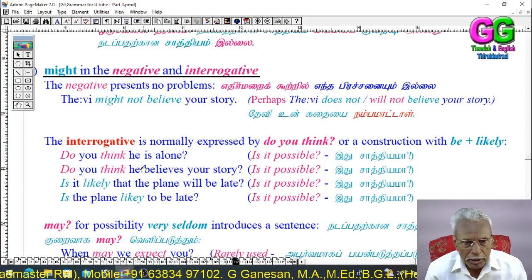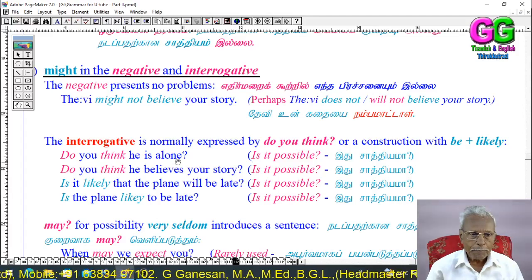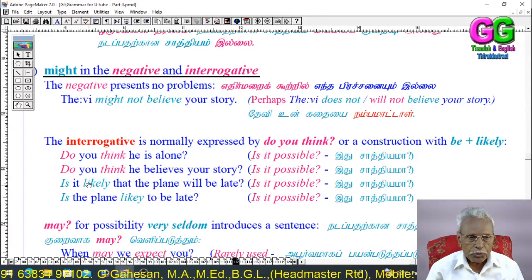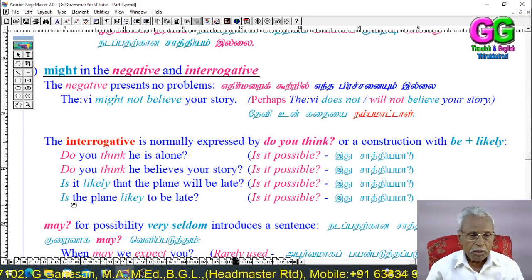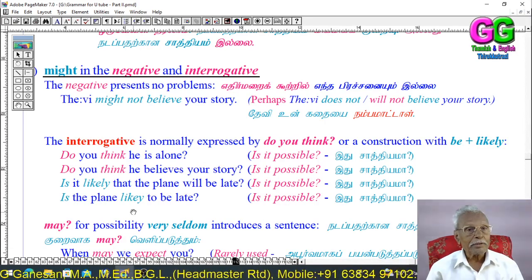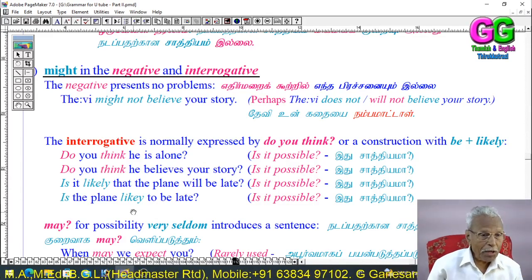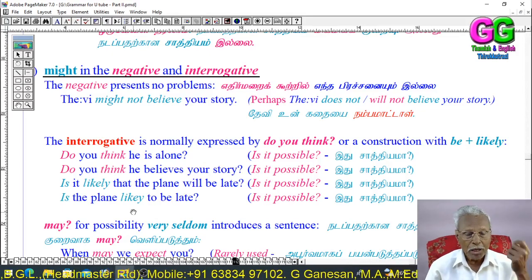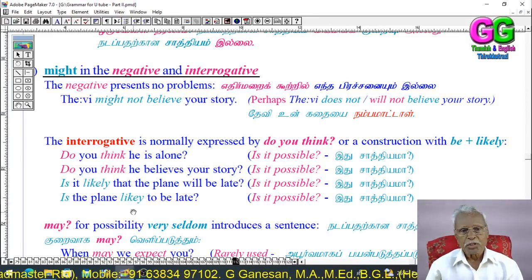Do you think he is alone? Is it possible? Do you think he believes your story? Is it likely that the plane will be late? Is the plane likely to be late? So instead of might, they use these: do you think, or is it possible, or is it likely. This is the pattern